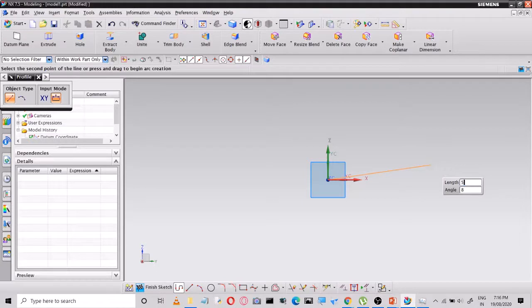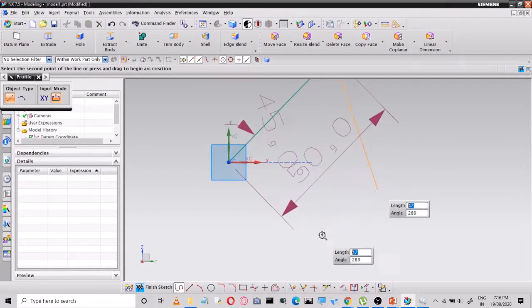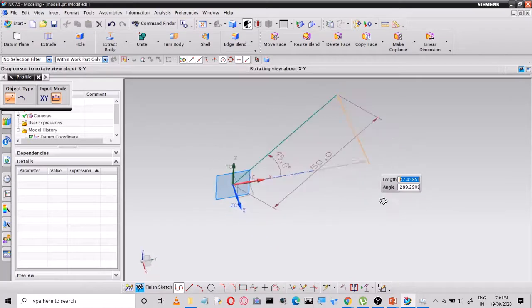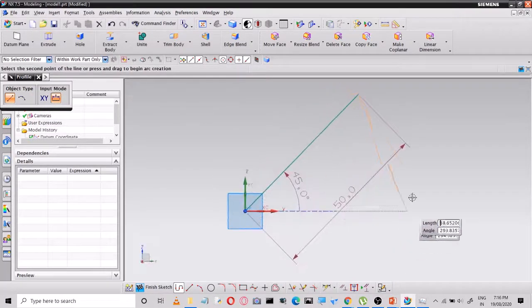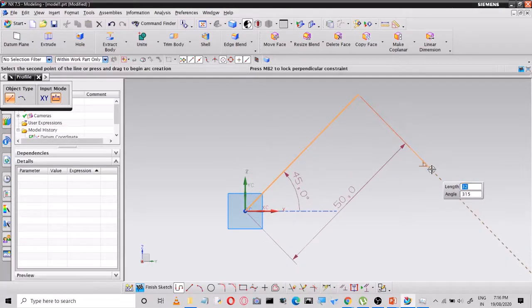Now, I will go for 50, angle as 45. You just look out. So, distance is 50, angle is 45.